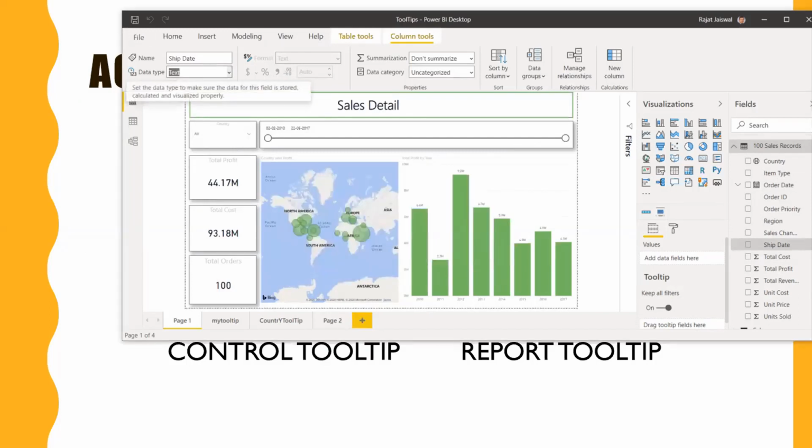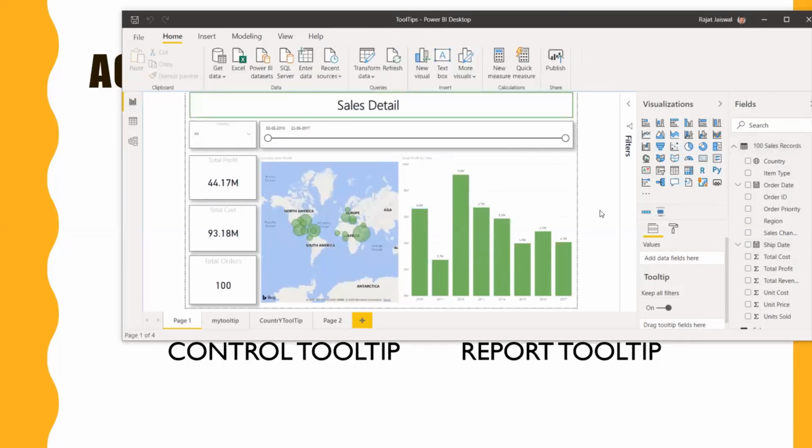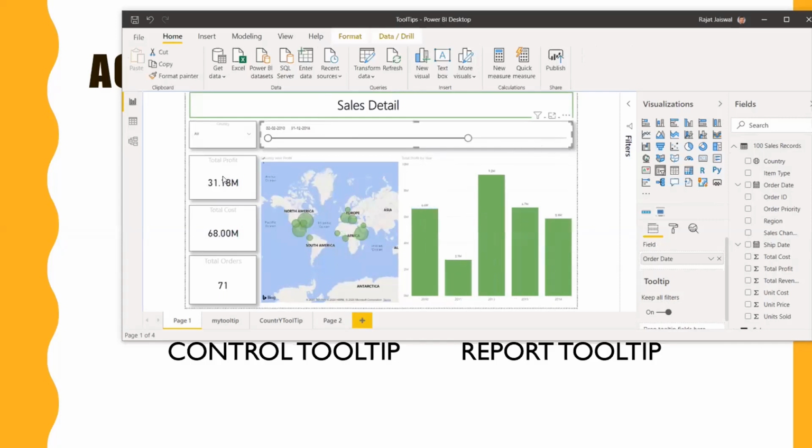Okay. So this is the basic report which shows your total profit, total cost, total orders, and this is the date range. You can filter the data. Okay, and apart from this there is the country filter.